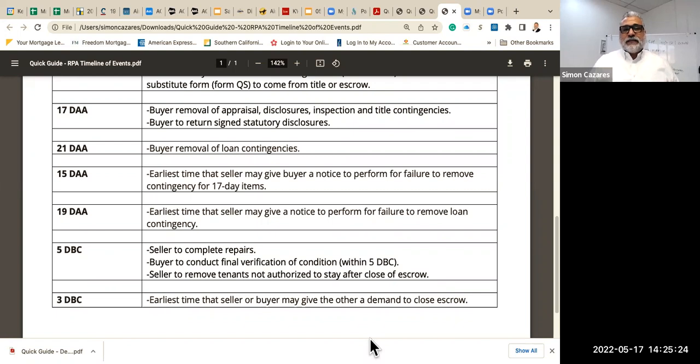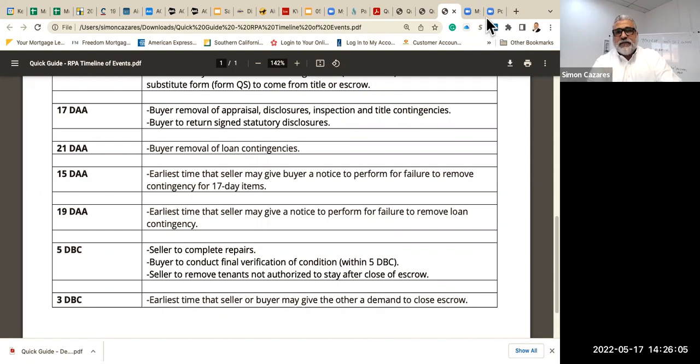But when it comes to tenants, okay, tenants have to vacate 5 days prior to close of escrow to be in compliance. And if you're having some issues regarding tenants still in possession, then you can do a couple of things. You can extend escrow for a period of time to allow the tenant to vacate. Obviously, it may be at a cost to the seller. Okay, I'm just giving you some examples of how you can approach it. Or you can ask the seller to withhold some of the seller's proceeds in escrow in order to navigate